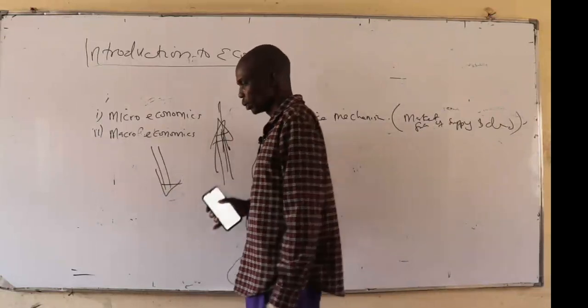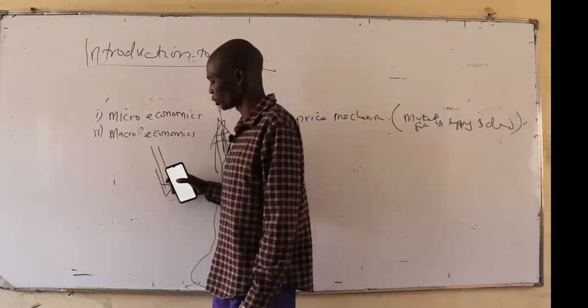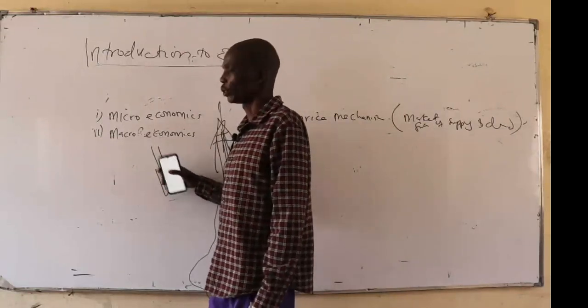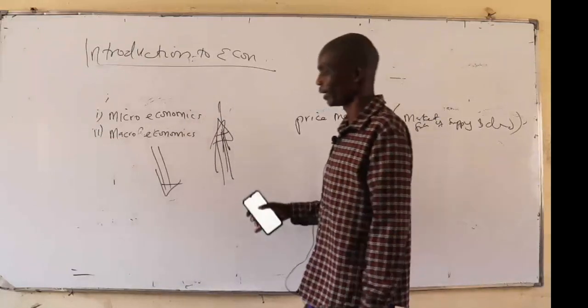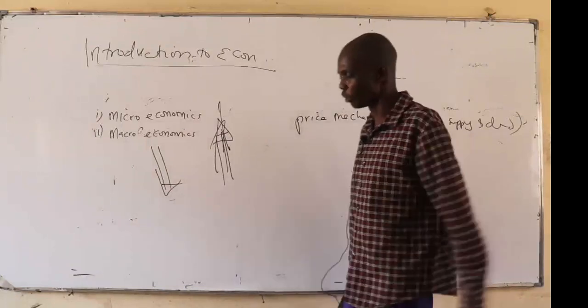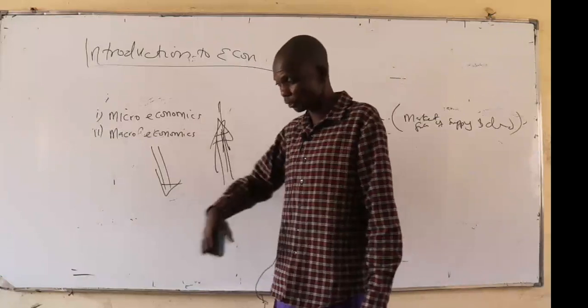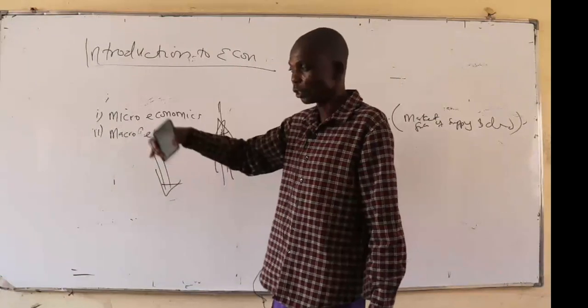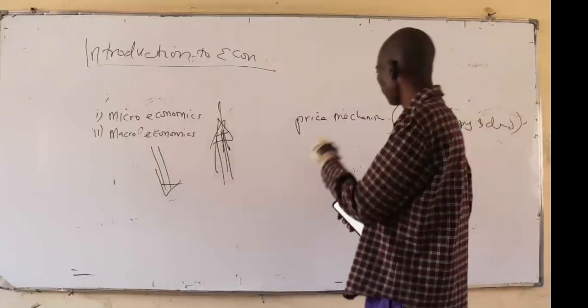to switch from producing that product to producing other products. The decrease in price for a product is an indication that the demand is going down. It means that the buyers are diminishing, and therefore the producers should find another product whose price may be going up. So we call that the price mechanism.